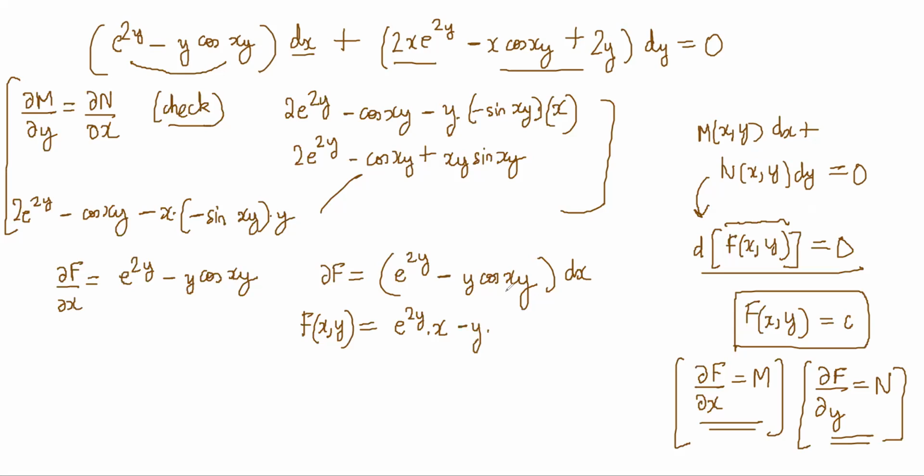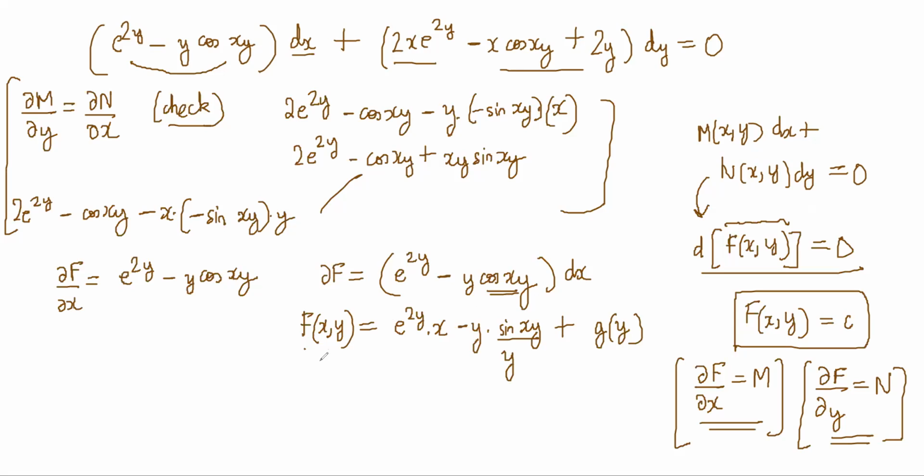So minus y integral of cos x, right? Cos xy, where y is a constant. Cos x integration is sine. Sine xy divided by y, right? Correct. So plus some constant, but the constant will be a g of y, right? Because it is with respect to x I was doing.